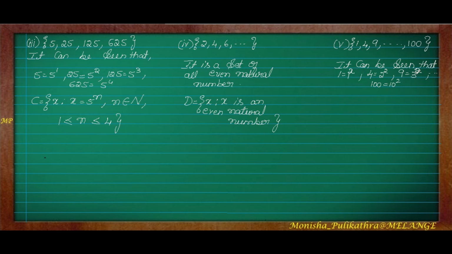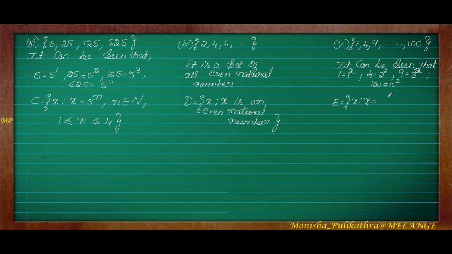So how are the numbers moving? The base numbers are natural numbers, whereas in the index, in the power, only 2 is there. 2 is constant: 1 square, 2 square, 3 square, 4 square, up to 10 square. So it is in the form of powers of 2, but the base is a natural number. So how do we write the set builder method? Let it be E. So here again x colon.